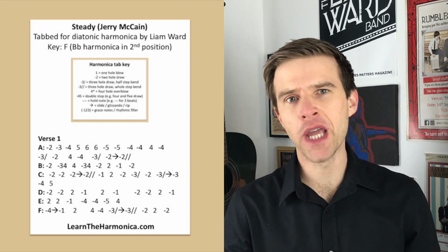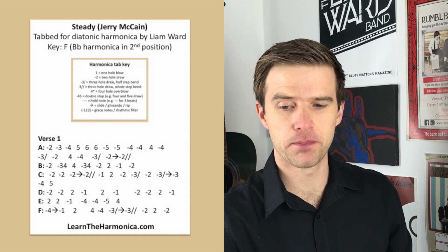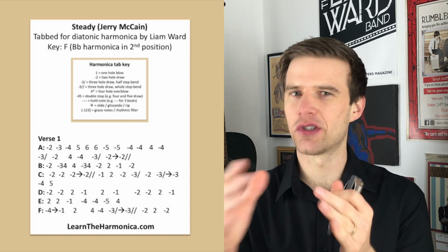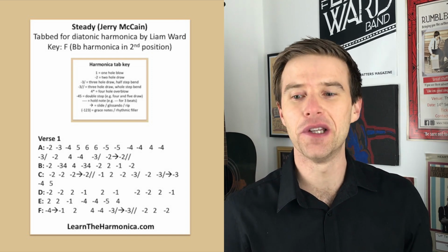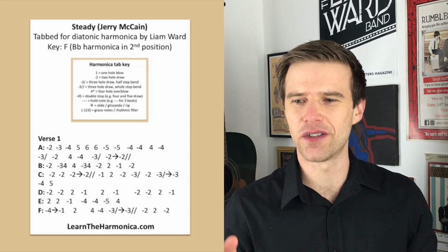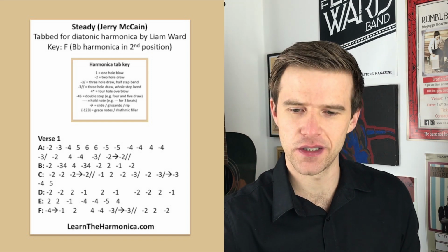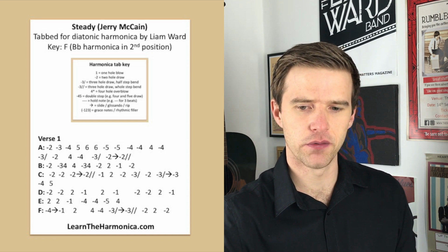Now, lines C and D, you could have said that part of C and D were the same line. So you have to kind of draw boundaries between lines to make it bite-sized so that you and I can understand it and hopefully learn it. But one of the things I really like about Steady is the phrasing. It's kind of difficult to chop up the lines, which I like. They kind of overlap the chords and stuff. It's really nice. So line D actually comes straight on from line C, and we've got...